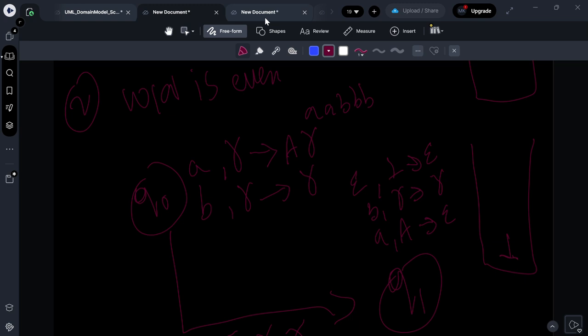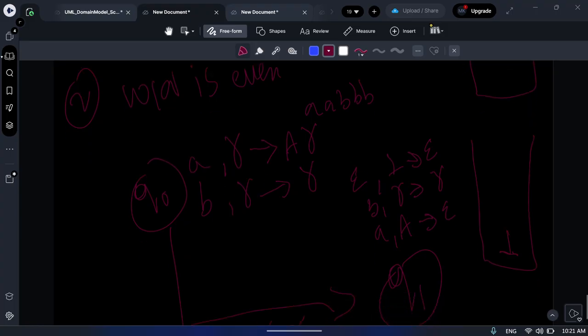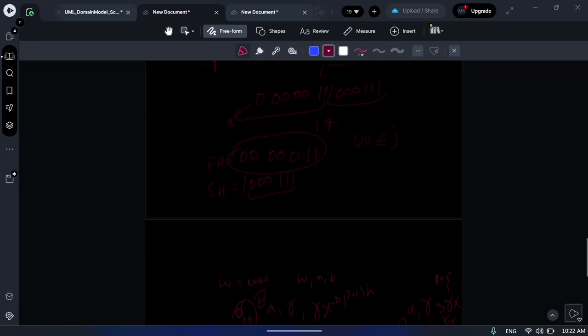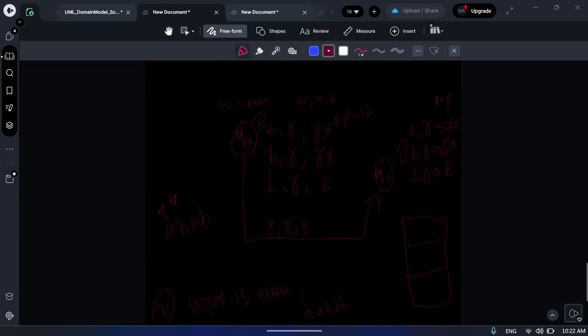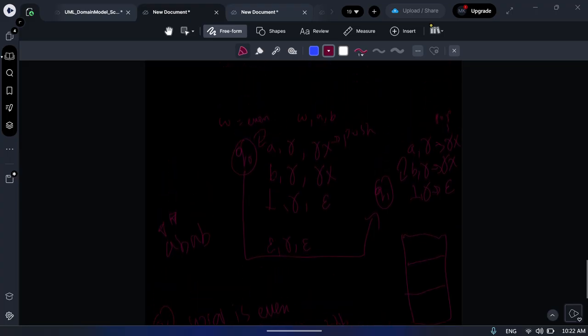Look at the questions where we have a pushdown automata. In this pushdown automata, we have defined certain rules. For example, this is the first question where the word is even and the word consists of A and B,